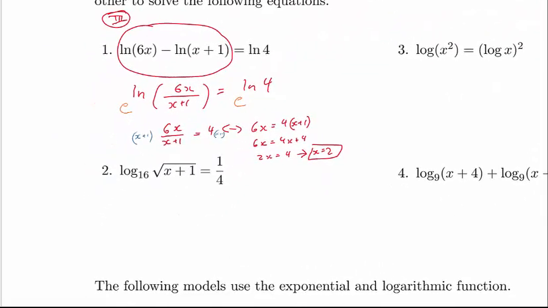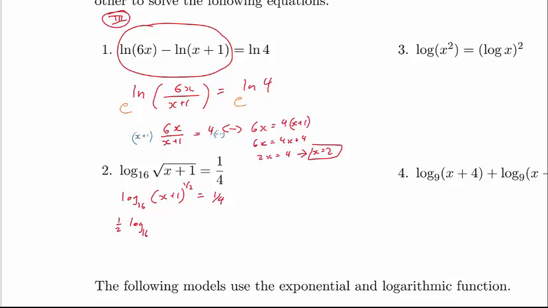Well, first off, we need to make sure we can see that the square root is really a 1/2 exponent. I want us to keep that in mind. But first things, let's go ahead and use that rule. So we've got log 16 of x plus 1 to the 1/2 power, and that equals 1/4. So that 1/2 comes to the front, so we have 1/2